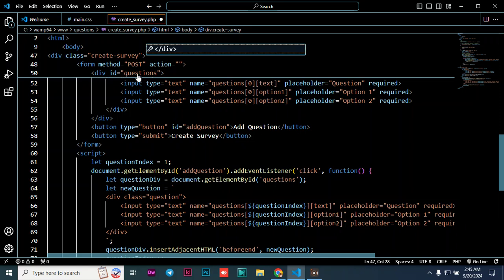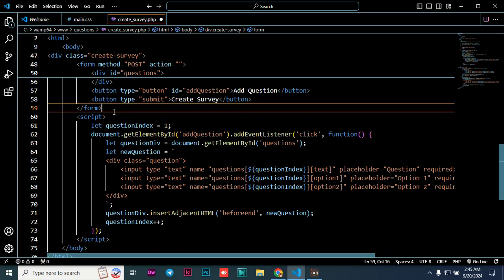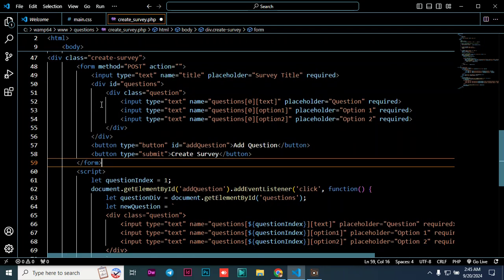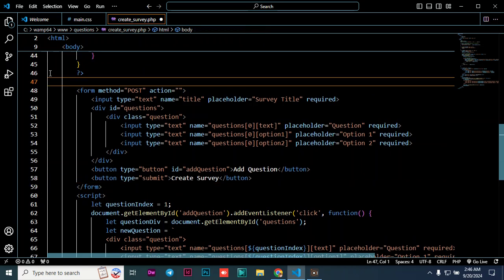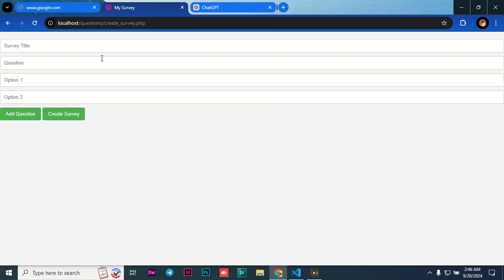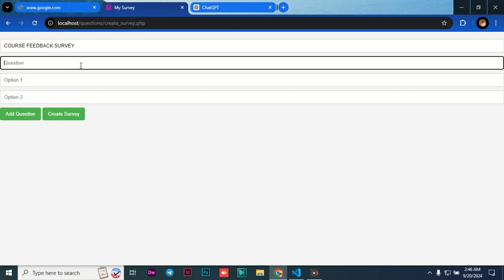So we have the question div here, but we need to close it somewhere here after the form. Okay, alternatively we can just let it be. Let's just use the way it is. So just come here, everything is intact. I think the question, just create the survey. Let's say course feedback survey. So that's the name of the course, and then question one is